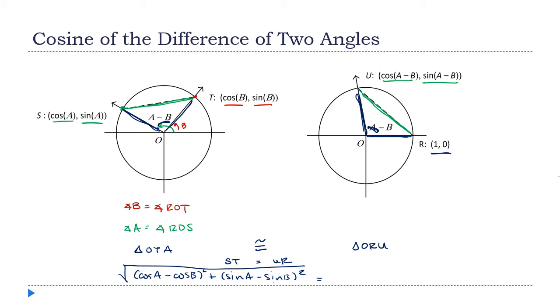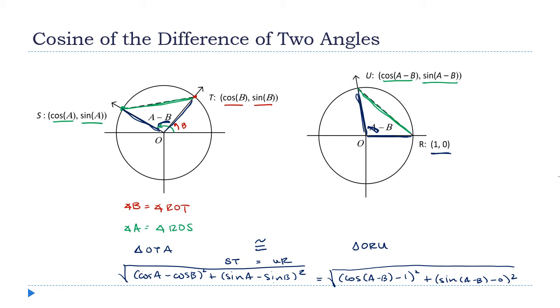The distance here is cosine (A minus B) minus 1 squared, plus, that's the difference of the x-coordinates. Now I'll do the difference of the y-coordinates, sine (A minus B) minus 0 squared, and take the square root of that whole thing. Okay, from here, I want to say it's all downhill, but it's a very